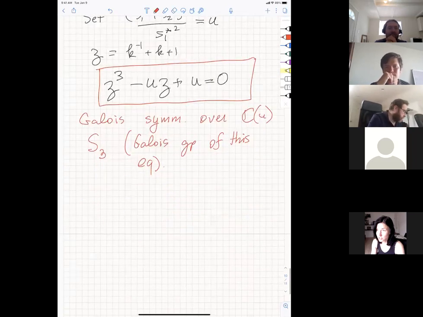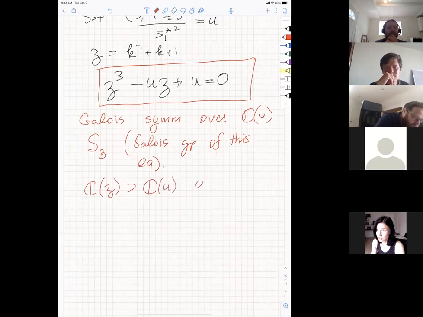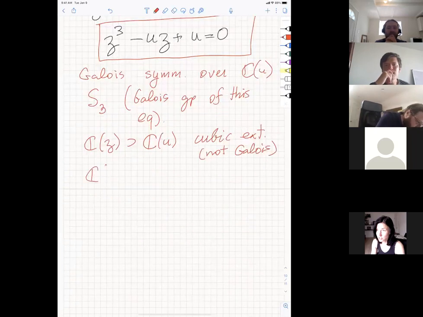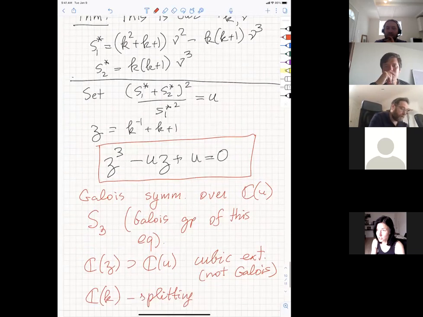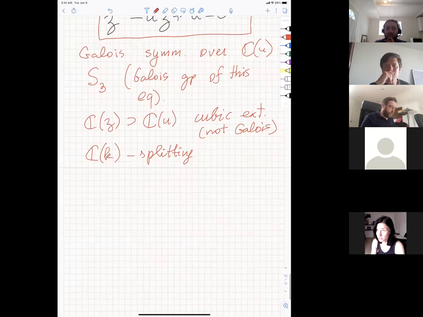Namely, this C of zeta containing C of u is a cubic extension, which is not normal, not Galois. But we need to make another quadratic extension to make it Galois, and that would be C of k. So this is the splitting field. And so what we get is that we have this S3 symmetry, and so the way it acts is